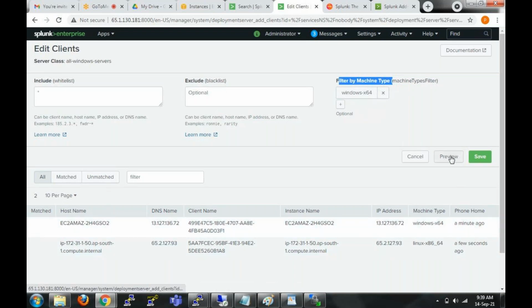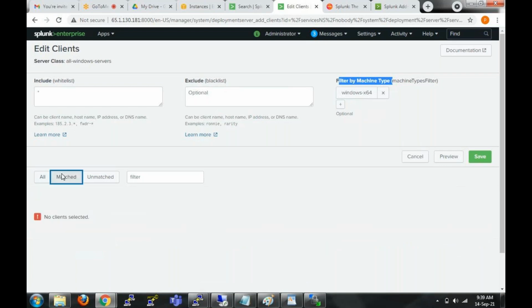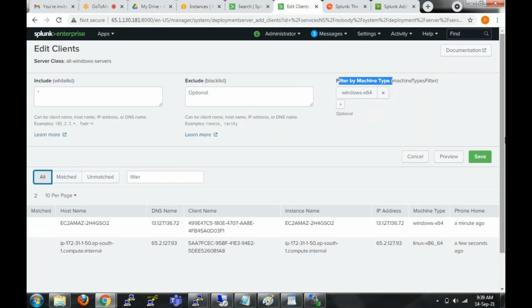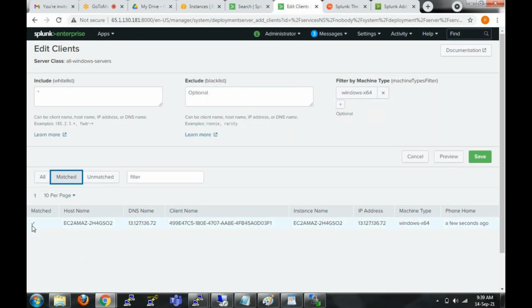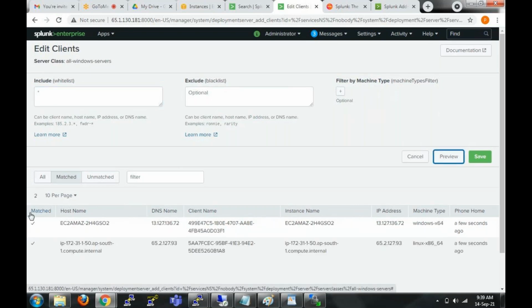Either here there is a preview option, you can see preview, or else matched. So if you click on matched, see, no clients, because we have not yet saved. So click on preview. If you see here below, there is a tick mark which says matched. So I'm sending for all the servers. See, if you remove this one, for example, I have removed machine type, I have included all. Click preview. And if you go to matched, it has selected both the servers,